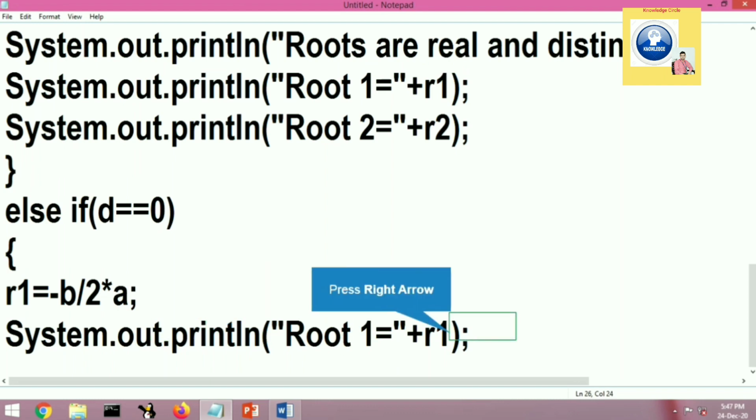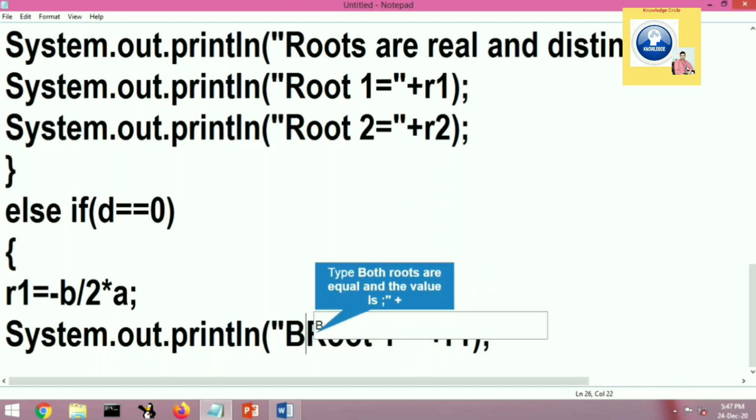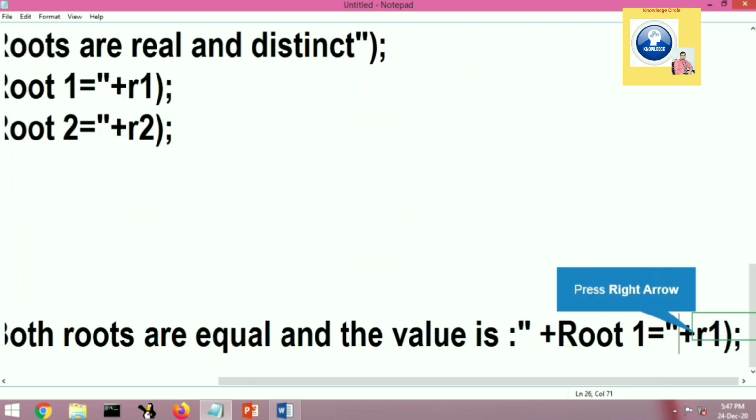So minus B divided by 2A, that is 2 into A. So root 1 equal to, concatenation sign, and the value is stored in R1. Let's write the message also: roots are equal, and the value of root is R1. So if the roots are equal, then this value will be displayed.